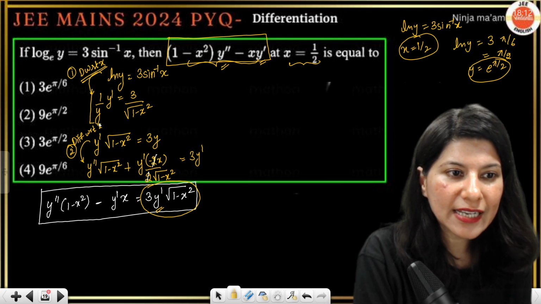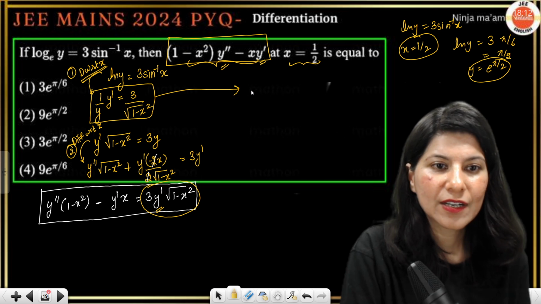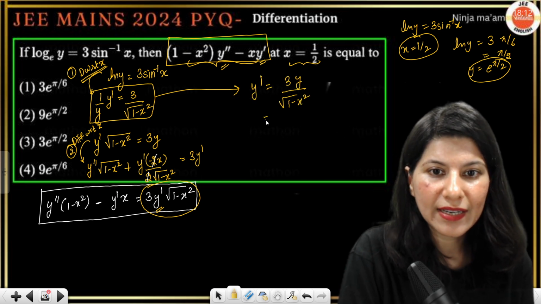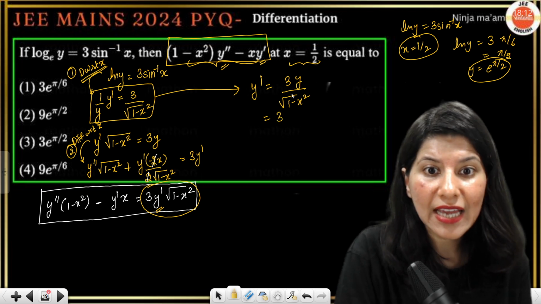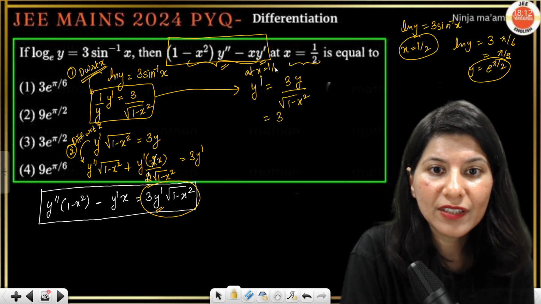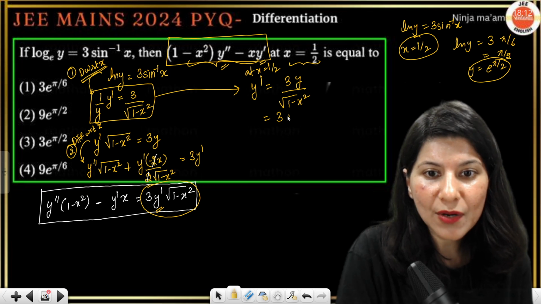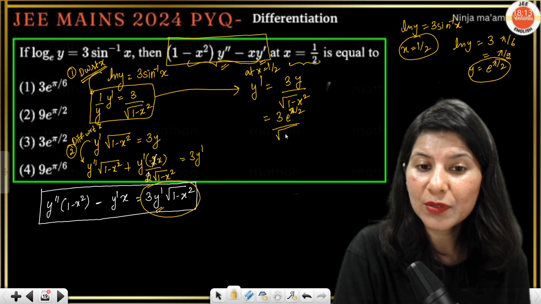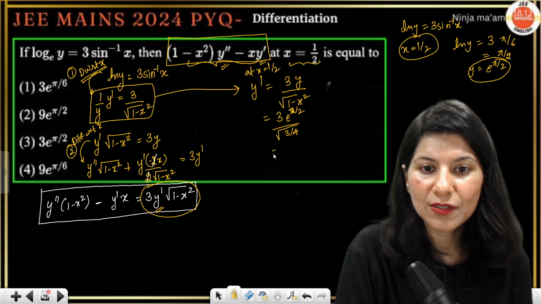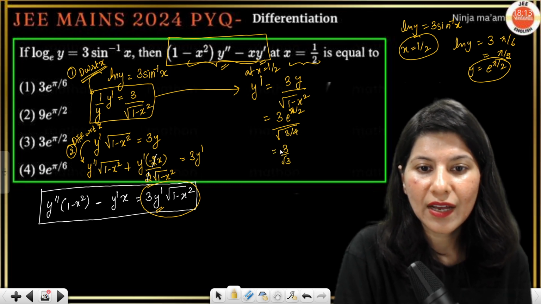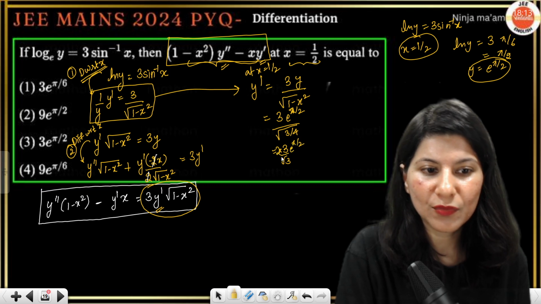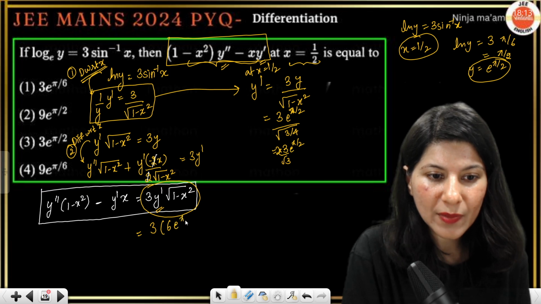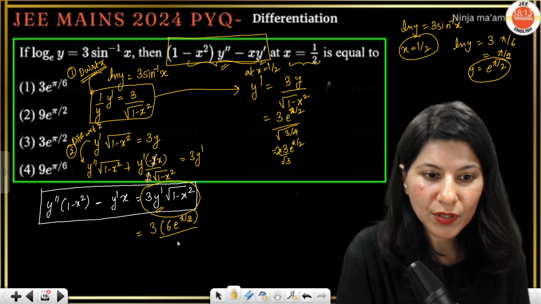Now, just tell me about this. y dash is equals to 3y upon square root 1 minus x square. Right? 3y. y at x equals to half. So at x equals to half, your y is coming out as 3 e power pi by 2 whole upon square root of 1 minus 1 by 2 whole square, so 3 by 4. So this is going to be 3 by root 3, and it is 2 e raised to power pi by 2. So y dash, now we are having 3 e raised to power pi by 2 upon root 3,